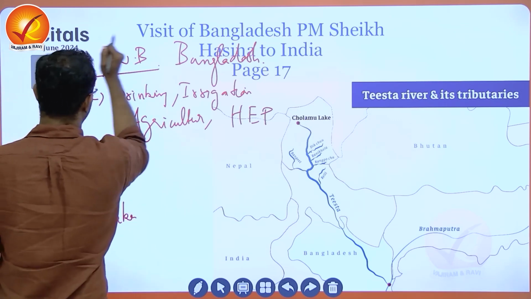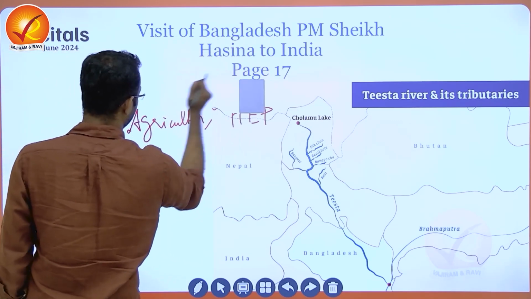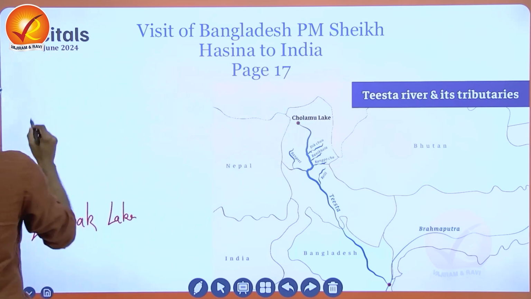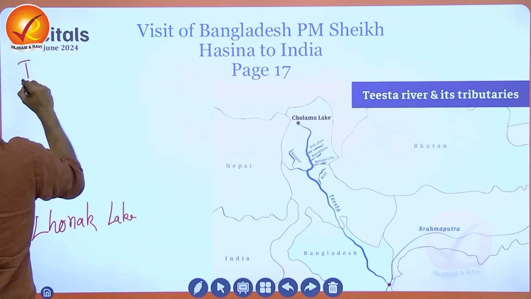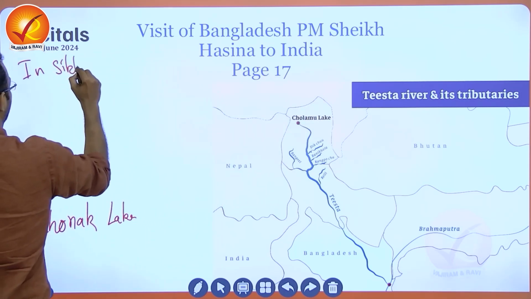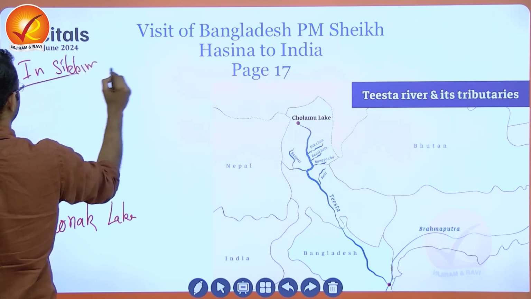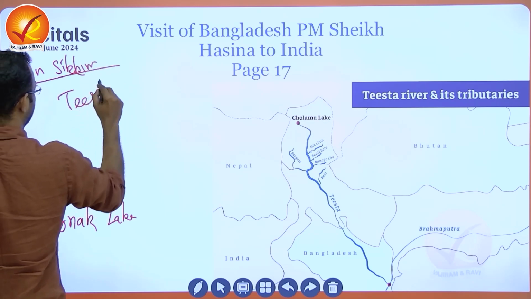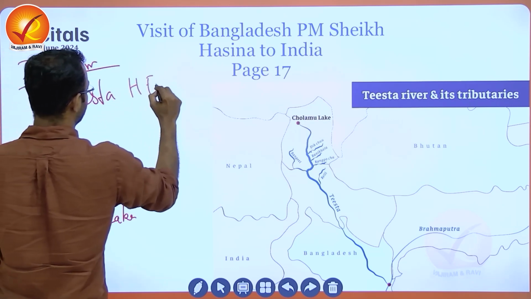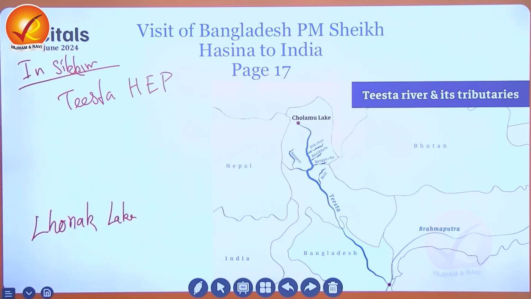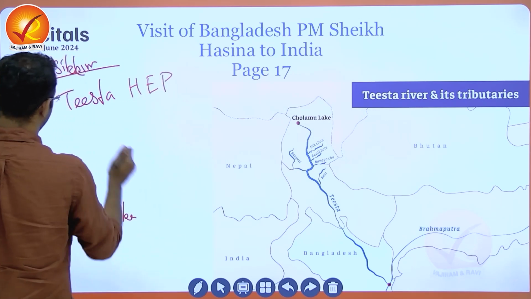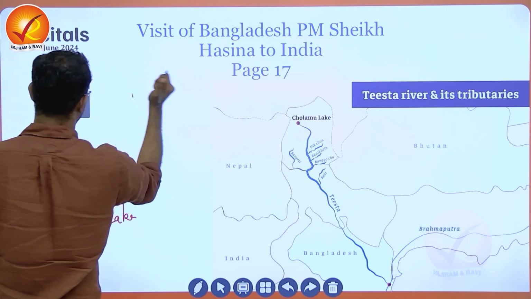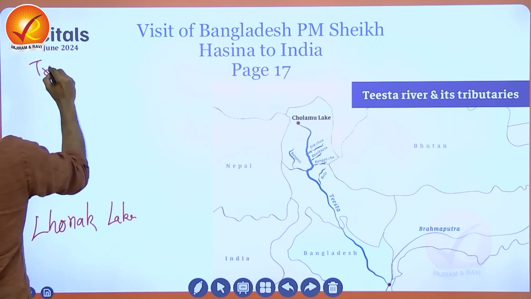In the river Teesta in Sikkim, we also have the Teesta HEP project. Teesta hydroelectric project is also present in Sikkim. Major tributaries,